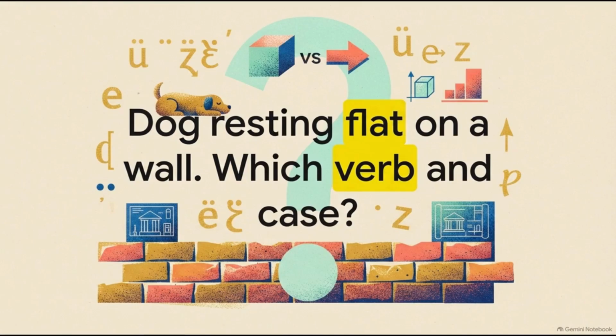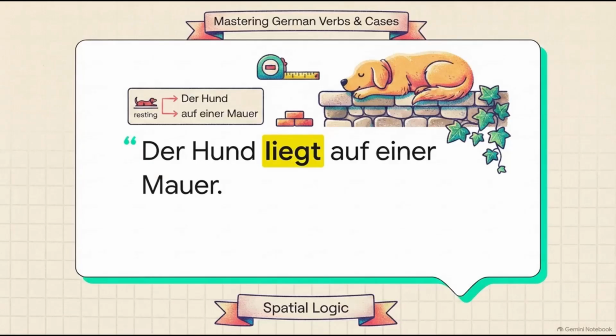A dog is resting flat on a wall, just chilling out. The dog isn't moving to the wall, he's just already resting there horizontally. So what do you think? Verb and case. Perfect. It's a horizontal resting state, which means we use the verb liegen combined with the dative